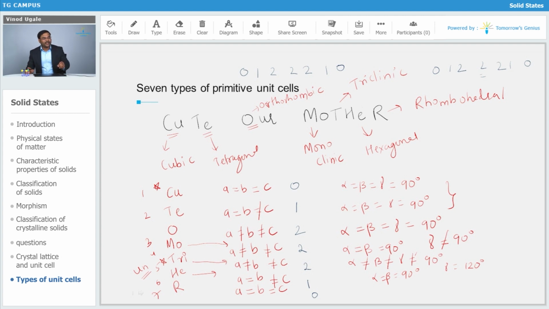Now we remain with the angles of rhombohedral. In case of angles of rhombohedral, all angles are going to be equal. All angles are going to be equal, but all these angles are not going to be 90 degree. All angles are equal, but they are not going to be equal to 90 degree. So that is the trick that you can use whenever you see such a question in the examination. The question which you can answer depending on this, you should go for this one.